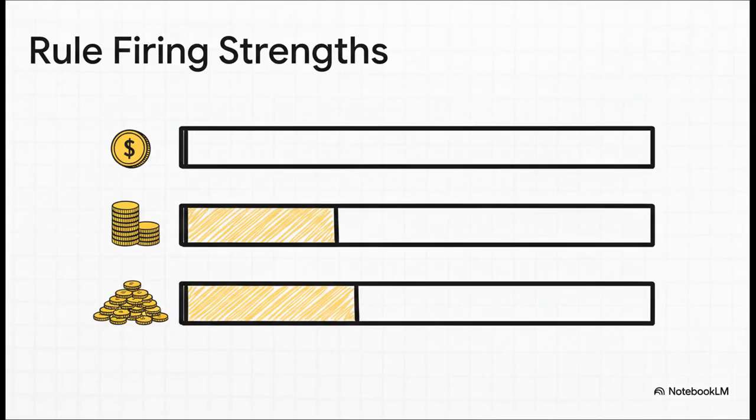So we run our fuzzy numbers through these rules, and each rule gets what we call a firing strength. You can think of it as, how true is this rule right now? So the rule for a low tip, well, the service and food weren't poor or rancid, so its strength is 0. It doesn't apply at all. The average tip rule, that was based on good service, which had a value of 0.15. So that's its strength. And then the high tip rule, remember that was excellent service or delicious food. It takes the max of those two, which gives it the strongest firing strength of 0.45.